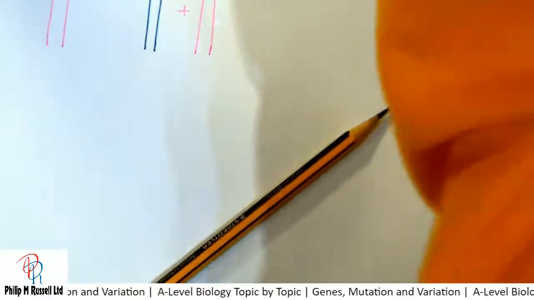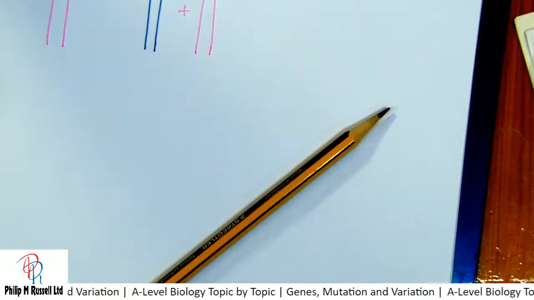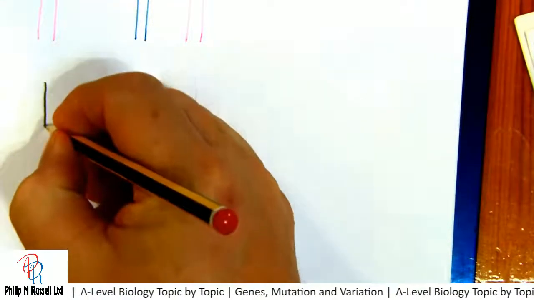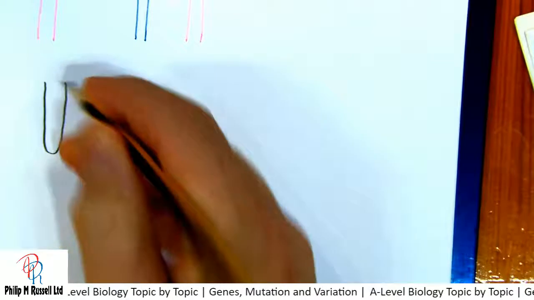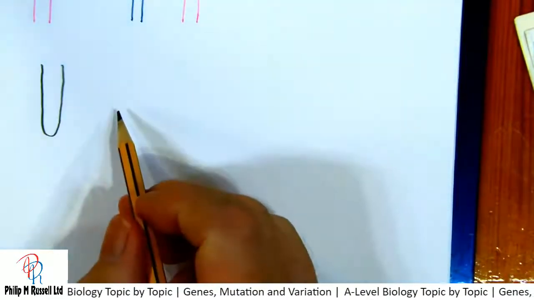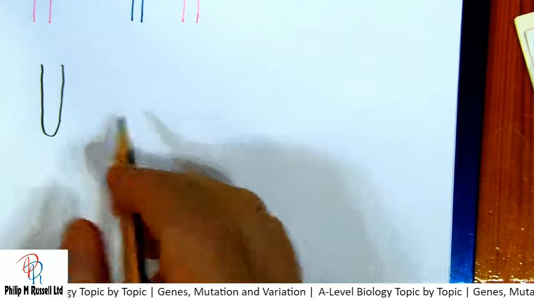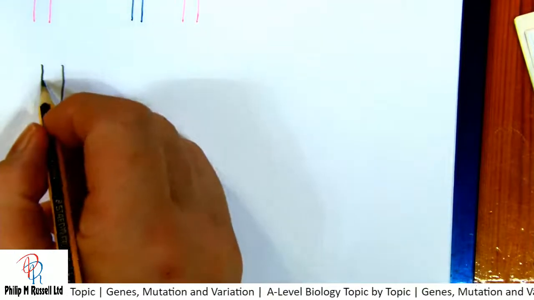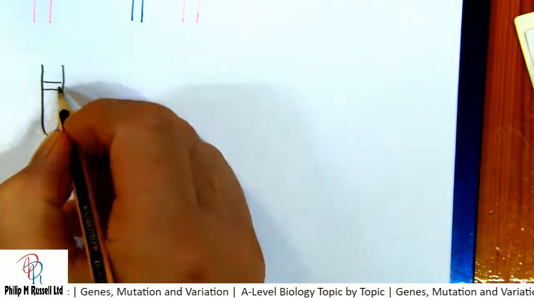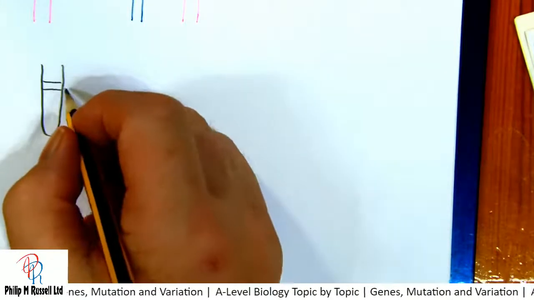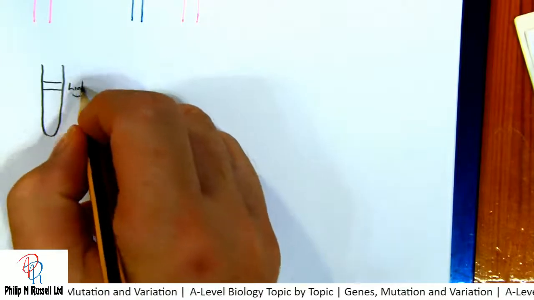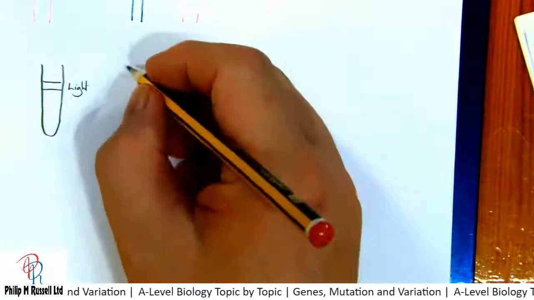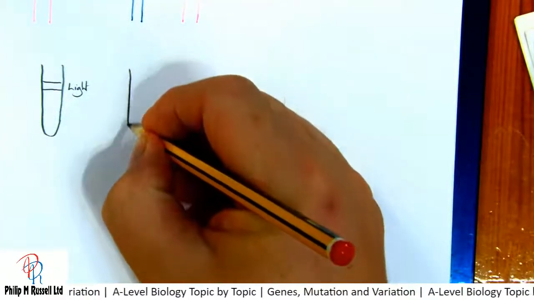Now let's see what they would have expected. Right. Now, if I just take my test tube and I centrifuge it, then we get our light DNA forming in one place. And because it's light, it's going to be higher up. So there's my light DNA. When we looked at the stuff grown in